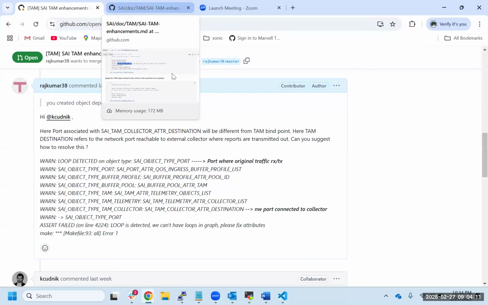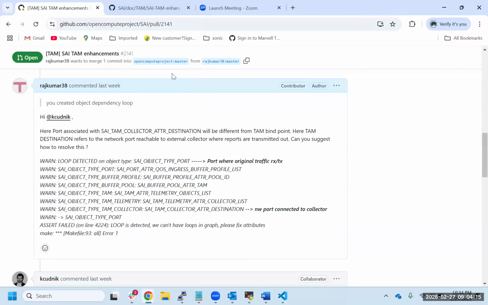I think one is for mirroring session, because that also can include some ports, and I think the second one is either on queues or on scheduler groups, but that's really hardware specific implementation. So for the future, for any objects, we try to limit anything that has loops here. So that's why this condition check is there. Okay, thanks, Kamal.